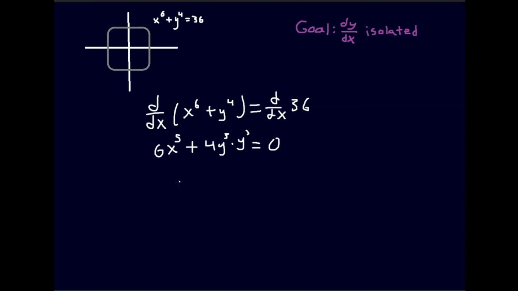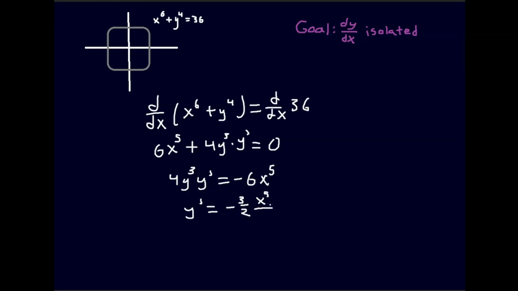So now we're going to want to isolate for y prime. I'm just going to do this step by step, just for the first one at least. So I'll move over that 6x to the 5 to the other side. And then I'm going to divide by 4y to the 3 on both sides. 6 divided by 4 is 3 over 2, so I'm just going to simplify it right away. And then that is x to the 5